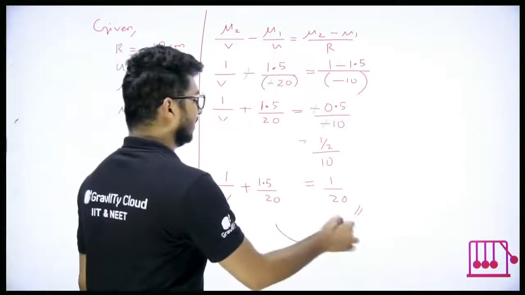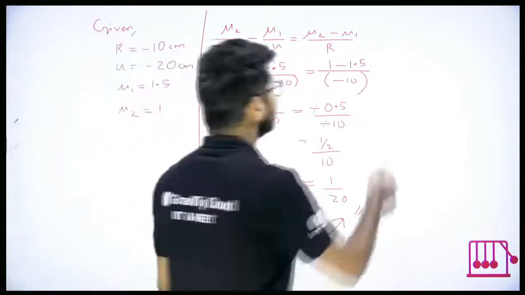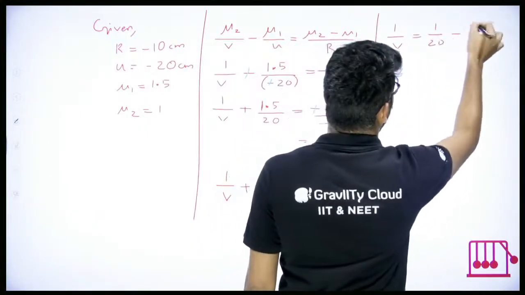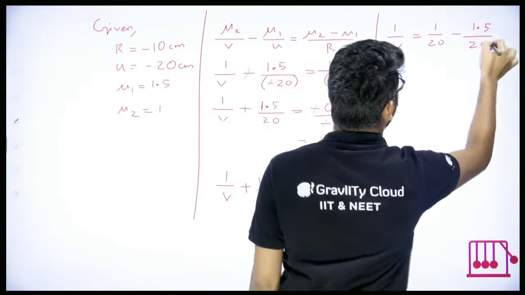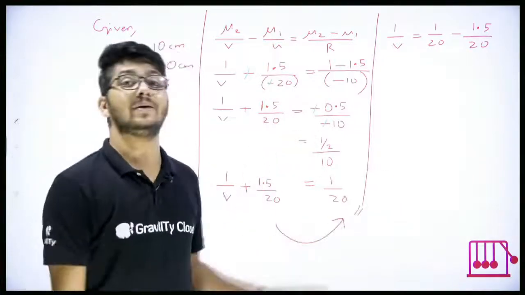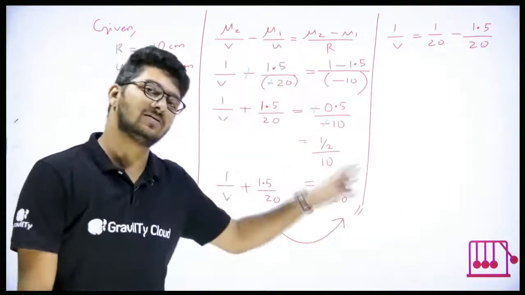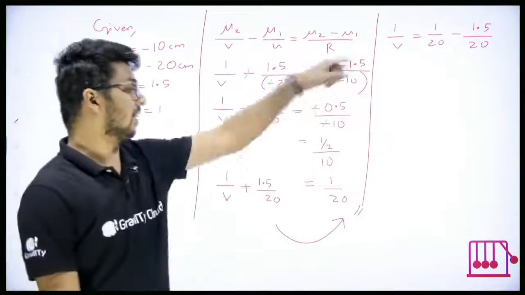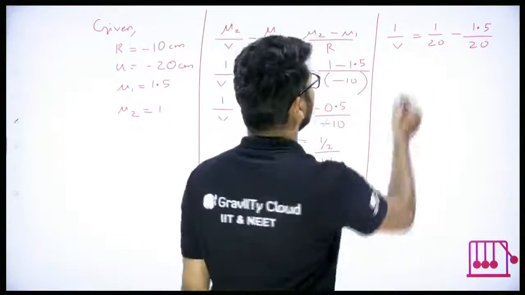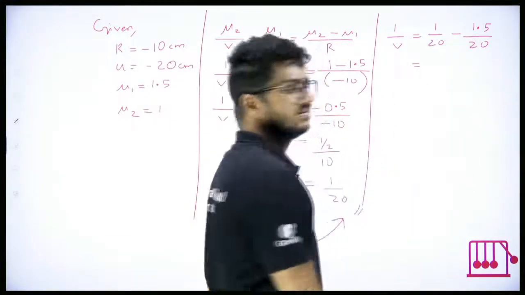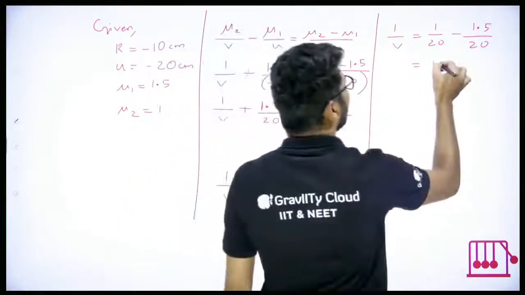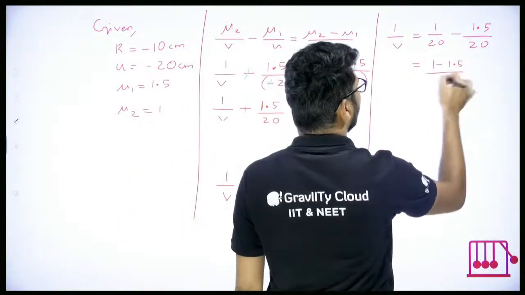Then I'll take 1.5 by 20 to that side. Let's see what happens. 1 by V will be equal to 1 by 20 minus 1.5 by 20. Look at that carefully. 1.5 by 20 is taken to the other side. It becomes negative. Here it is addition. That side it becomes subtraction. So 1 by 20 minus 1.5 by 20. Then, see, denominators are the same. So you can directly subtract the numerators. It will again come around to be 1 minus 1.5 by 20,